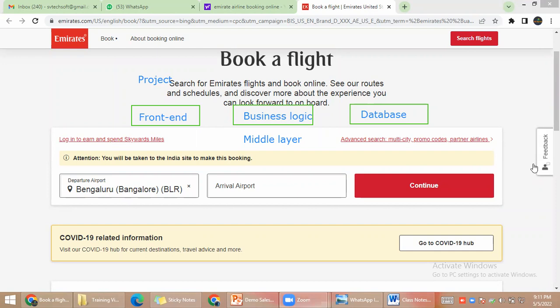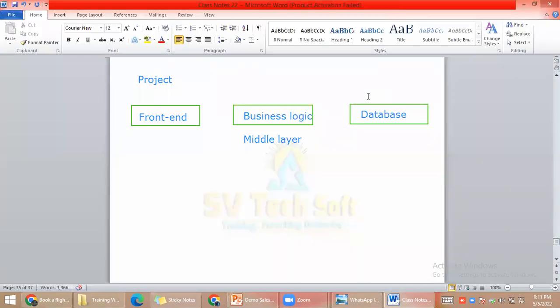Clear? If you do one project either on Java or .NET or PHP, for example if the project is on Java, for the front end they have to use HTML, then JSPs, Bootstrap kind of thing, right? A lot of tools to design the UI.